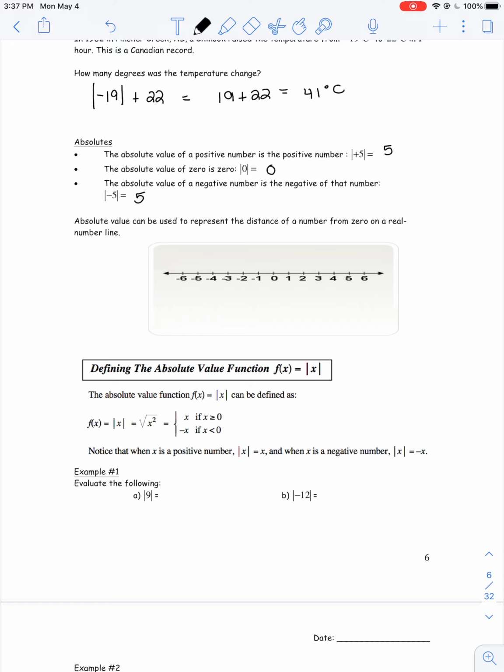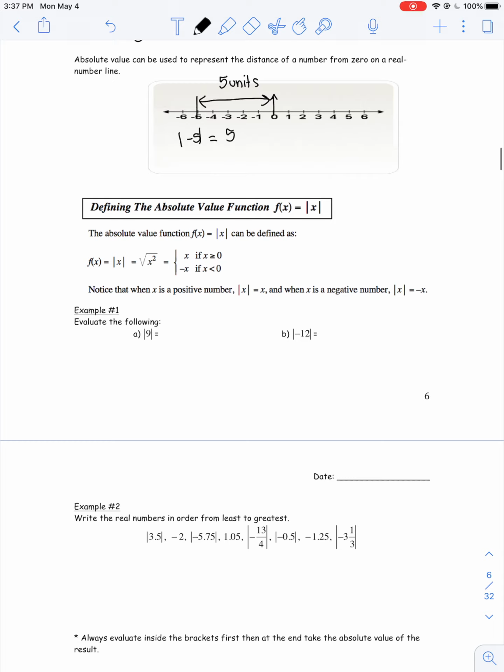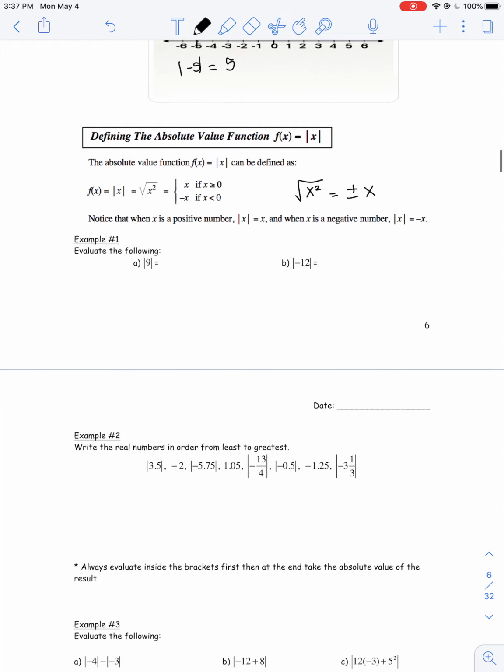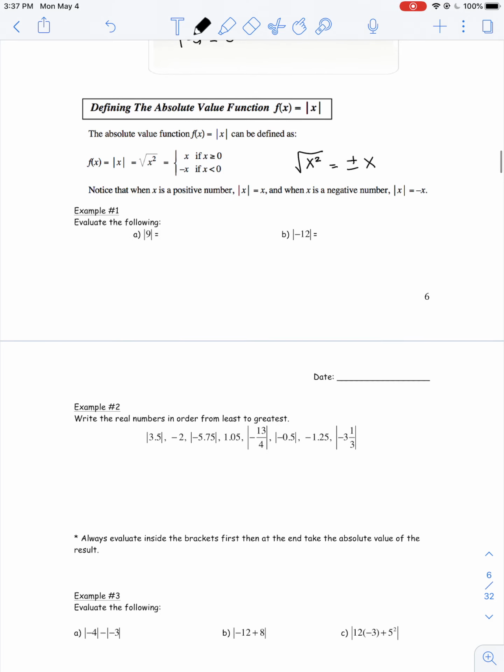With absolutes, whenever you have a positive value, it stays positive. 0 stays 0, but negatives become positives. If we're starting at 0 and going to -5, the absolute of -5 means the distance between those two values. The distance is 5 units, which is why it becomes +5. An absolute bracket has a positive value and a negative value hidden underneath. Whenever we take the square root of x squared, we actually have to do positive negative